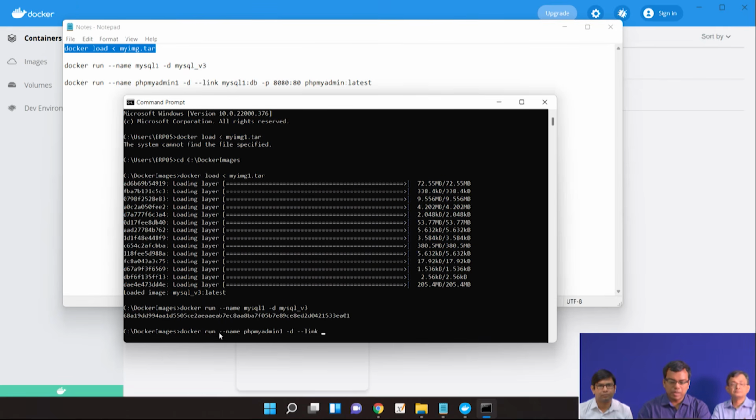Here also we are providing a name, phpMyAdmin1, so the container name will be phpMyAdmin1. Then we are linking the MySQL which was running, named MySQL1, as db, so colon db, and -p is for port forwarding. The phpMyAdmin will run on port 8080.